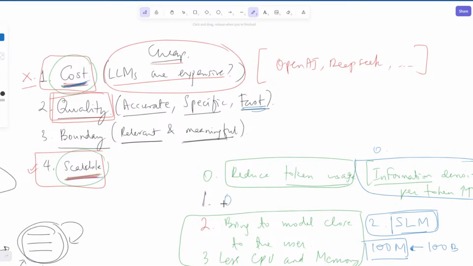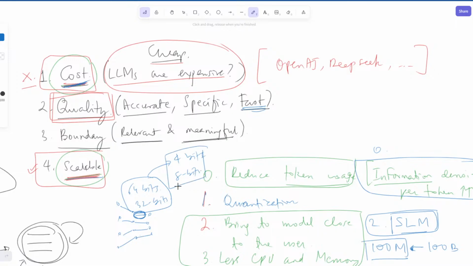And number one, which I think all of us missed, is quantization. These models are neural networks, and those neural networks have weights. The weights themselves are integers or float values. So you have 64 bits or 32 bits for every single weight value. Okay, that's the number of bits that each piece of information takes. But instead, if you condense this into 4 bits or 8 bits, then you will have reduced the amount of space that you need for that model.